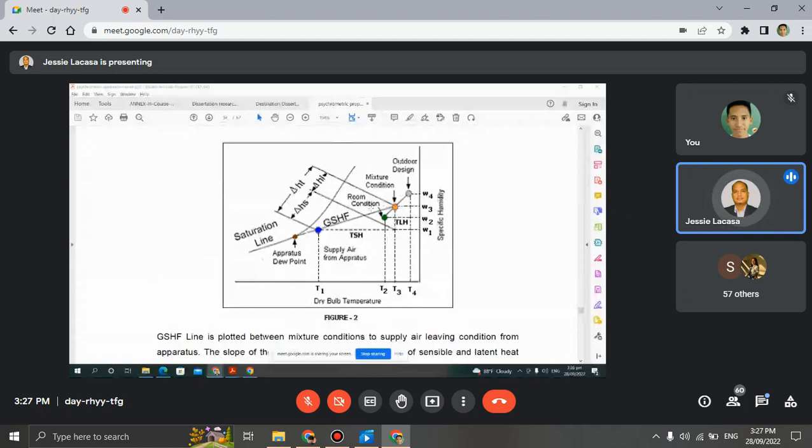Okay, balik ka. So, the grand sensible heat factor. It is included here, including the apparatus, but its end is until the mixture. On the graph you can see it there. Actually, we have not yet considered the bypass factor. The grand sensible heat factor is from this point up to this point, no? But because there is inefficiency in the cooling coil